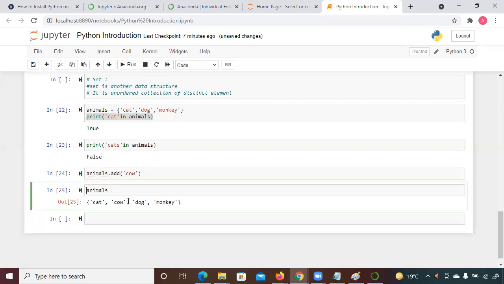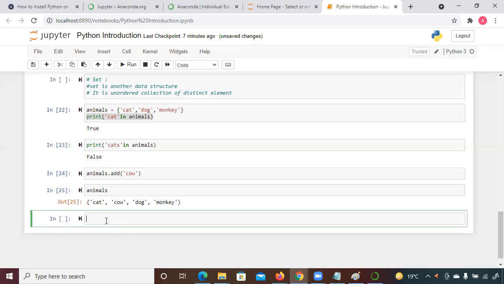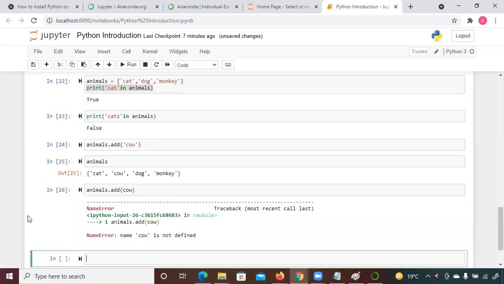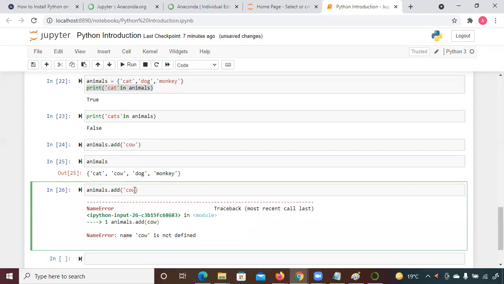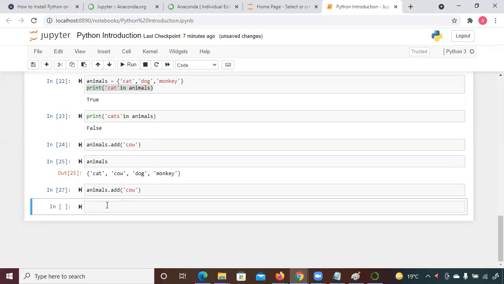Let me add again. Now I'm using animals.